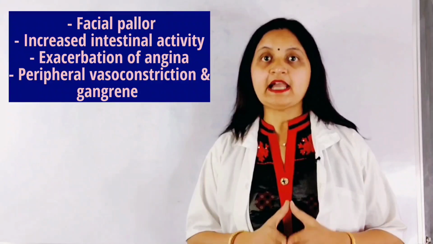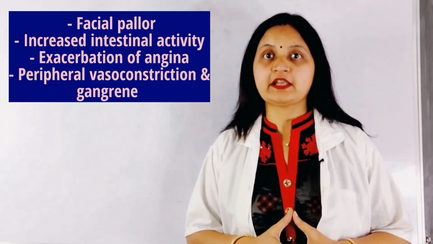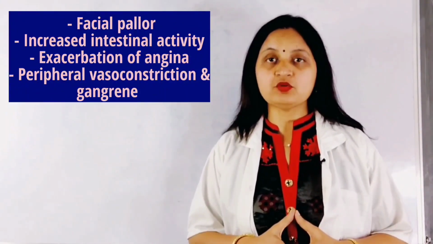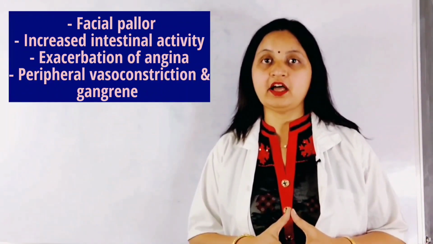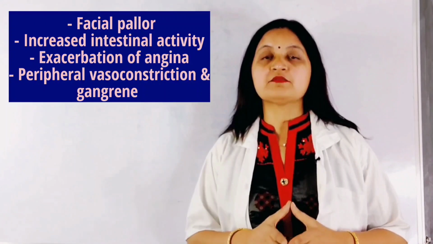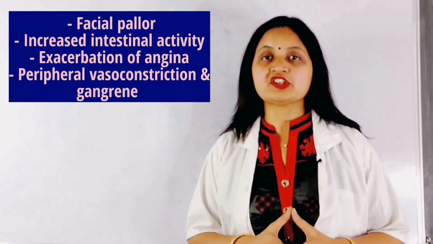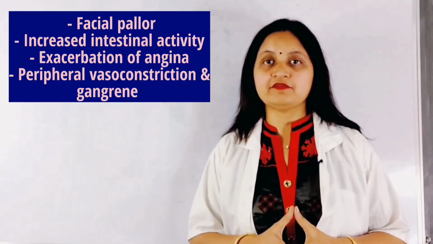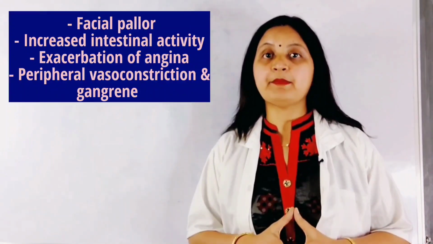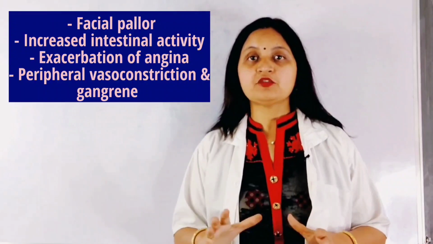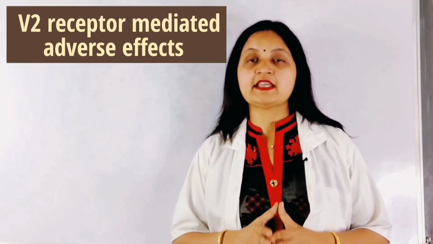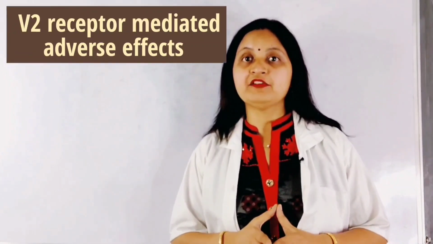It has been seen that large doses of vasopressin can cause increased peripheral vasoconstriction and gangrene, and this has been encountered in a large number of patients. This is because of vasoconstriction and increased resistance in the blood vessels, and particularly in the peripheral circulation, this can cause gangrene. The next group of adverse effects are V2 receptor mediated adverse effects,